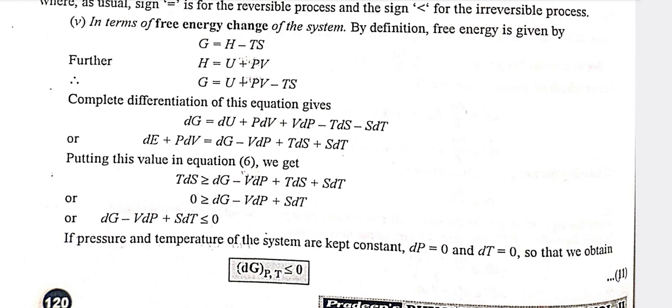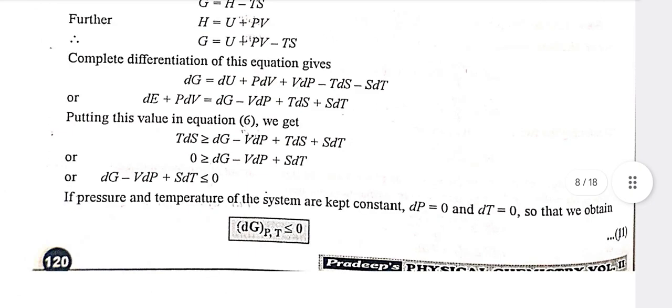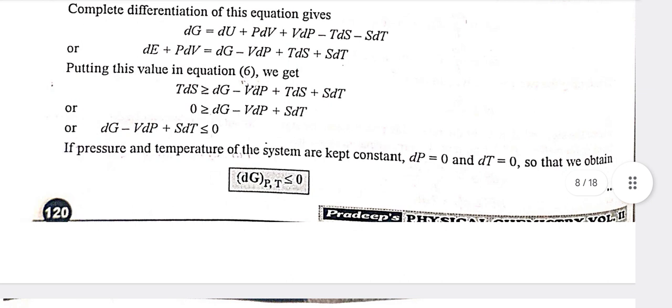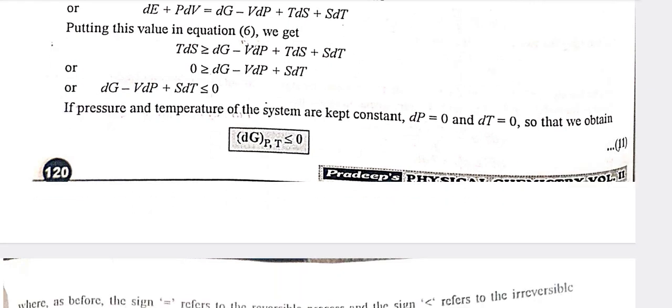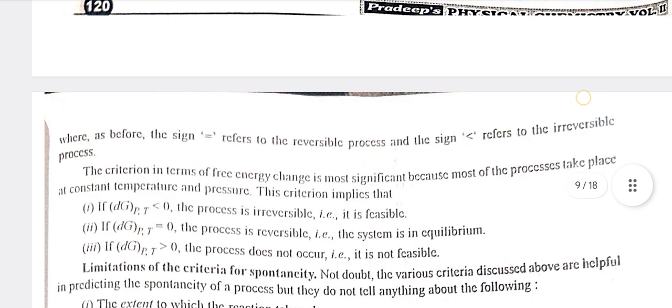So dU plus PdV is equal to dG minus VdP plus TdS plus SdT. Putting this value in equation 6, we get TdS greater than or equal to dG minus VdP plus TdS plus SdT, so 0 is greater than or equal to dG minus VdP plus SdT. That is, dG minus VdP plus SdT is less than or equal to 0. If pressure and temperature of the system are kept constant, dP equals 0 and dT equals 0, so that we obtain